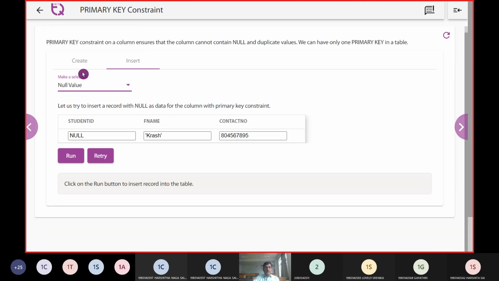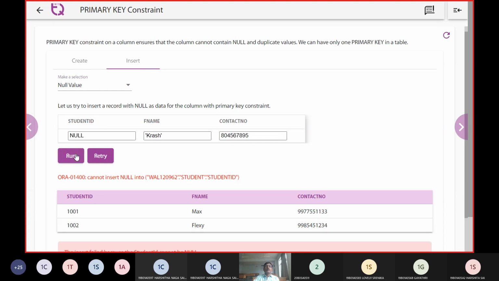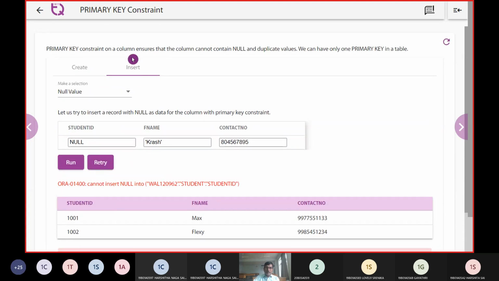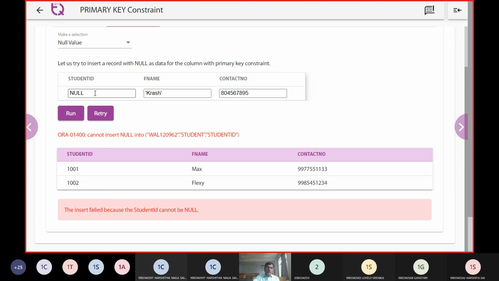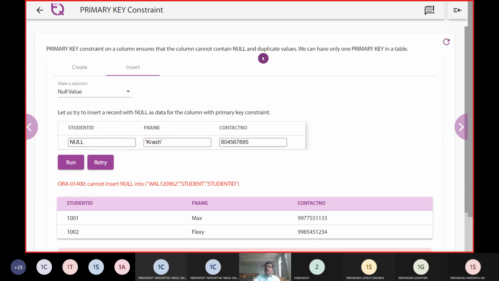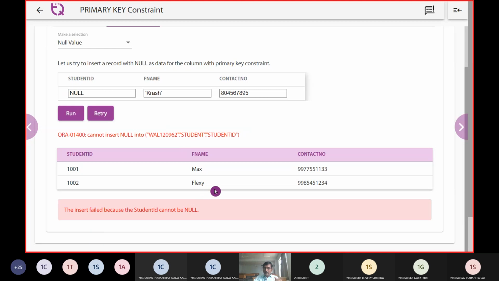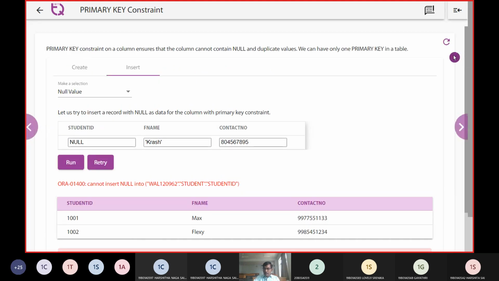So let us see what happens if a null value is taken. As per the definition of a primary key, there cannot be a null value and there cannot be a duplicate value. So if I say null value, it is not accepting. And just before this query, we tried it with 1001, so 1001 is repeating again. What does it show? It shows that we are inserting a duplicate value, which the database is not taking up. It can't accept duplicate values, so again we get the error. So this is all regarding the primary key constraint.